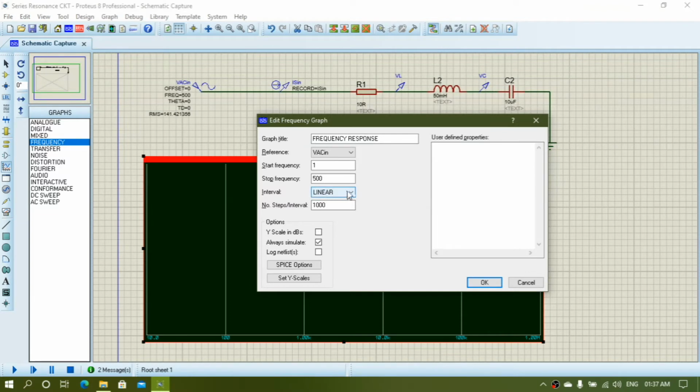Interval will be linear type, and the step interval will be 1000, so that for our 500 Hz we will have 2 data points per Hz as our signal source increases accordingly. Now click OK.